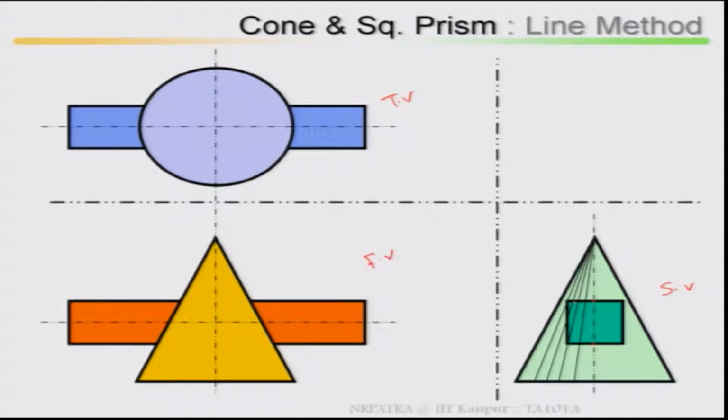Now where are your intersection points, these points have to be marked. If you look at here, one point at the center, second point, third point, fourth point, fifth point, sixth point, seventh point, eighth point. These are the points of intersection, marked in the side view. Then once you get these points of intersection, from there you project them back. As this is a cone, look at the difference, these are the lines you project back, it should be in the cone, not in the square prism.